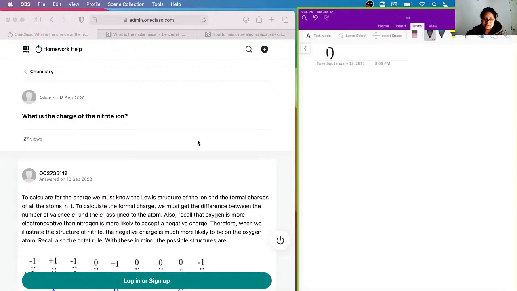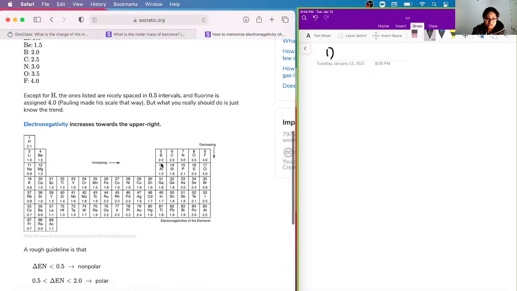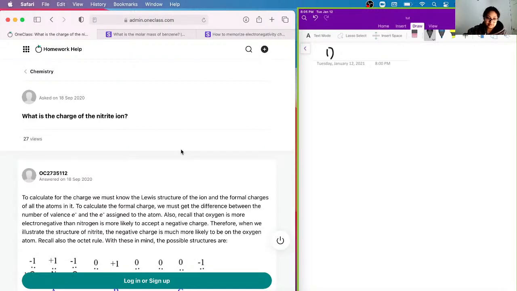If you remember, from our electronegativity chart, we can see that oxygen is more electronegative than nitrogen. And so oxygen is more likely to accept a negative charge. Therefore, when we illustrate the structure of nitrite, the negative charge is much more likely to be on the oxygen atom. Okay, we also need to remember the octet rule. And with these in mind, if you remember nitrite,